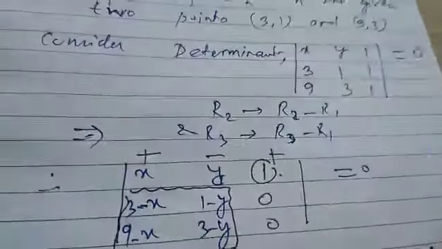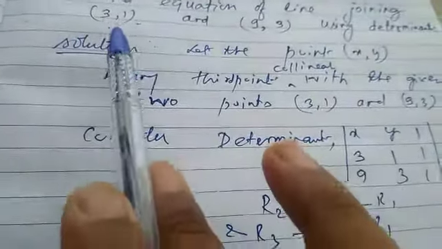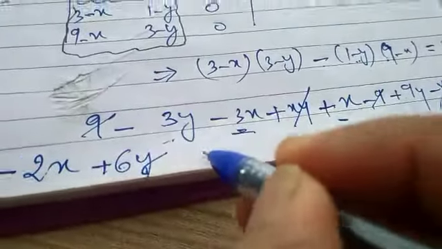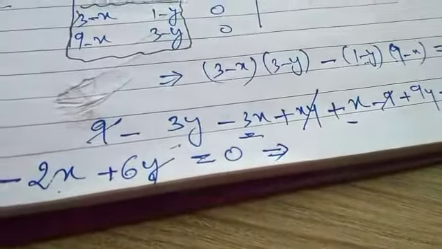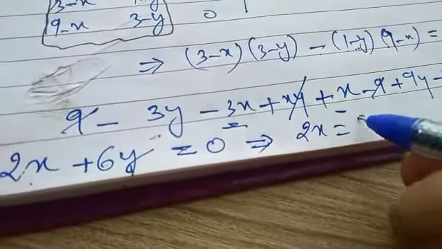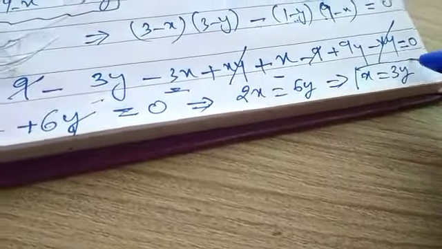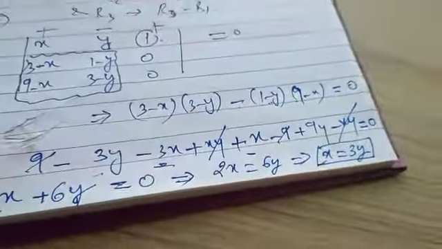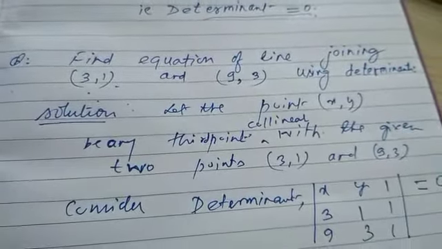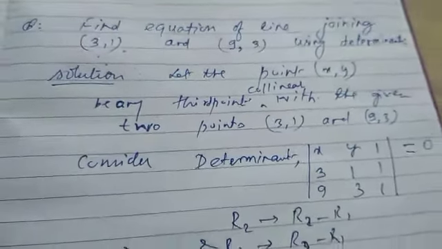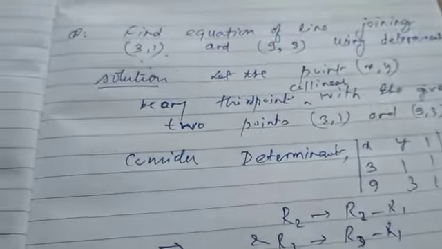As we planned earlier, intelligent students can definitely make out that x is equal to 3 times y. Here we are definitely getting that equation. This 2x can be thrown to that side, so 2x is equal to 6y. This implies x is equal to 3y, or x minus 3y equals 0, is the required equation of the line joining these 2 points. So it's a very important concept also. You can be asked for 1 or 2 marks using the application of determinants.